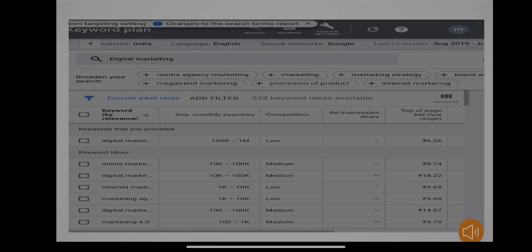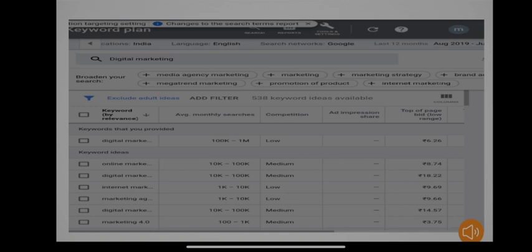Now what happens, out of 5, even if 2 people are interested to apply for my digital marketing course, and the fee for my course is 50,000 rupees, at least I am gaining two applicants for my course, then they will pay 50,000 each, so I am getting 1 lakh rupees. And that is the use of a bidding price.